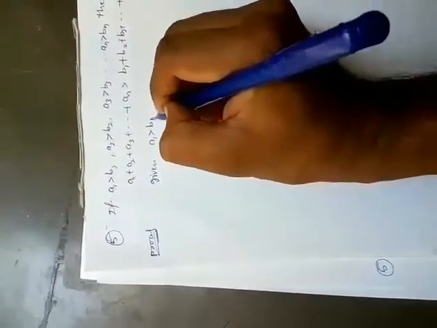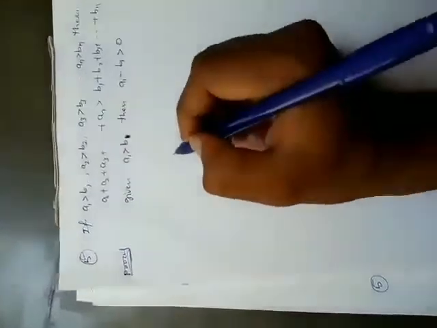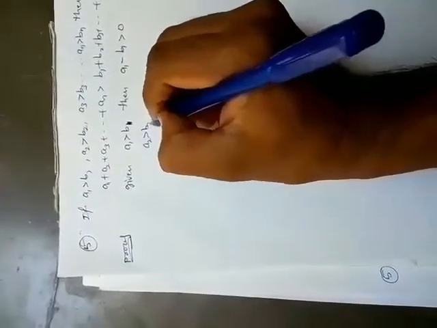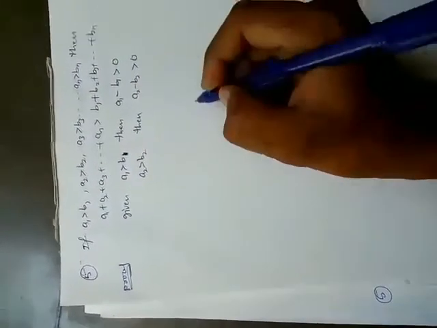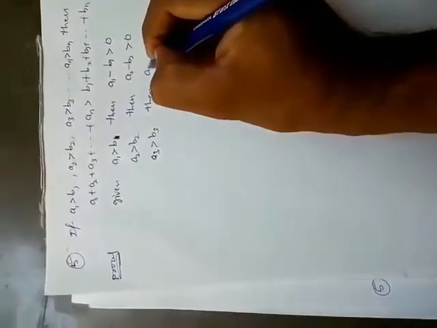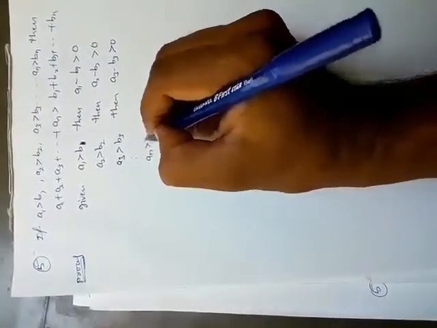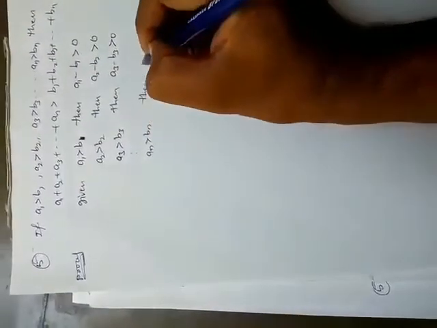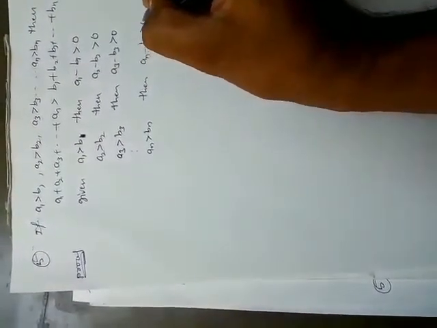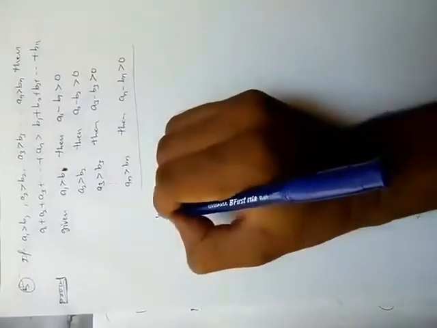Here given a1 is greater than b1, so then we get a1 minus b1 is positive, means greater than 0. Similarly, a2 is greater than b2, then a2 minus b2 is greater than 0. a3 is greater than b3, then a3 minus b3 is greater than 0. So similarly, an is greater than bn, then an minus bn is greater than 0, means all these terms are positive. So adding all these terms, we get